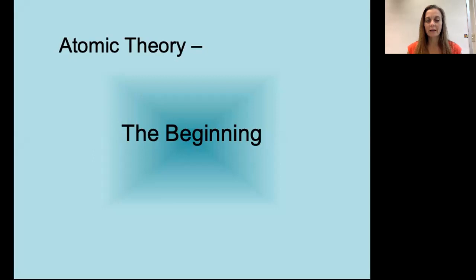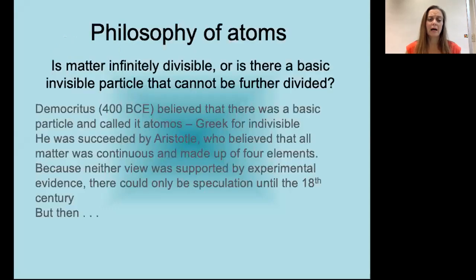So we talked about elements and we talked about putting those elements and their symbols together to form compounds. And so today we're going to talk a little bit about the atom itself, about what we believe it is, the theory behind atoms. And we are also going to delve a little bit into the structure of the atom, what it's made of, and how they can vary. So we'll start back with the beginning.